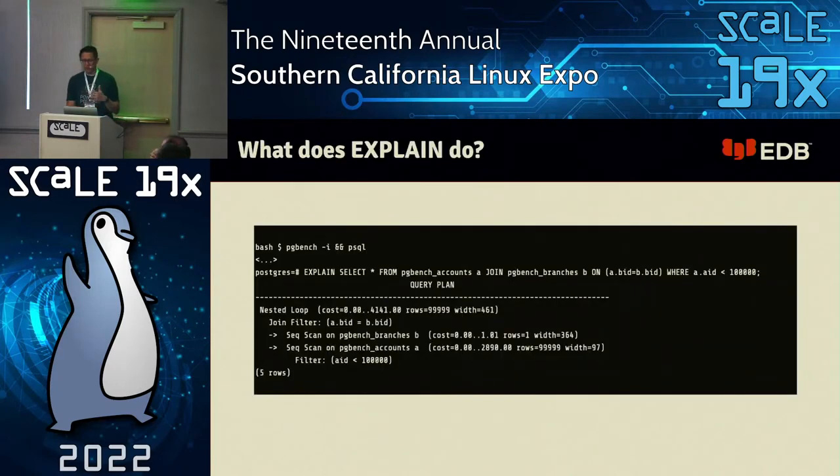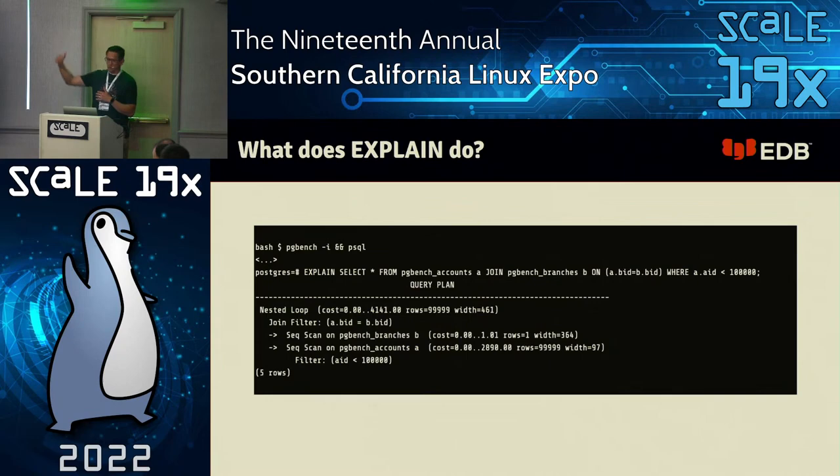Okay, so let's go into some examples. What does explain do? How does it work? I'm going to just use pgbench with no extra flags. Just load up a pgbench instance, and if you want to follow along with these slides later on, you can quickly spin one up. Explain, like I said, tells you what Postgres plans to do to get that data to you. When I type explain select star from pgbench_accounts, join pgbench_branches, and get only the rows where aid is less than 100,000,